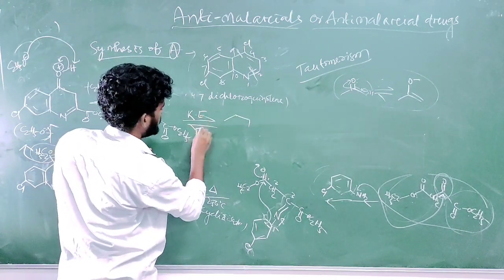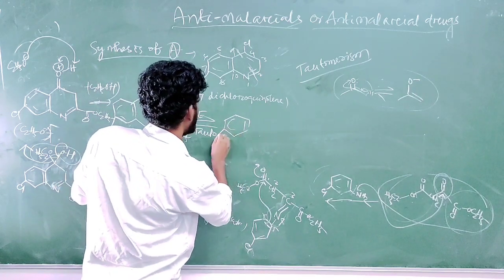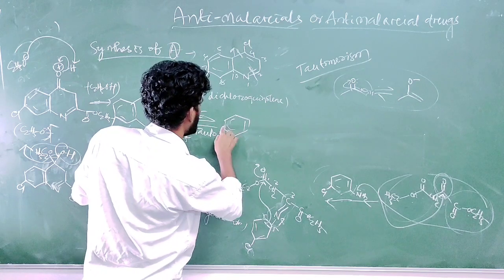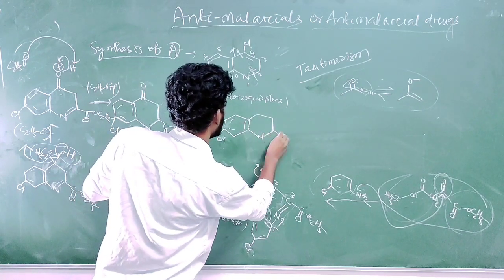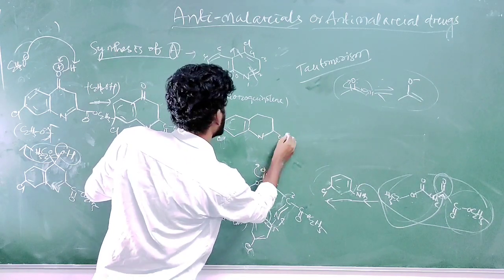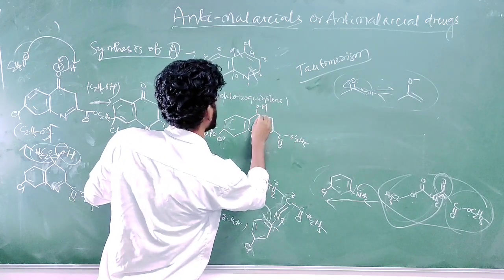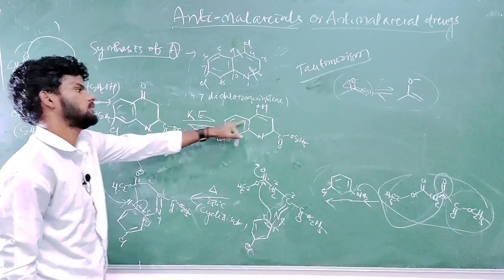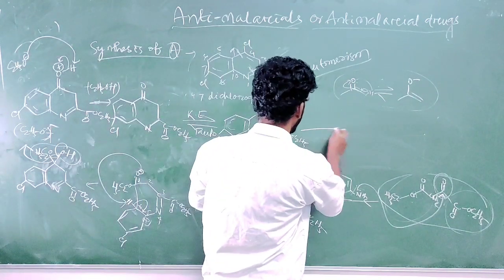Keto-enol tautomerization. Okay, this step is known as keto-enol tautomerization. So chlorine again attached to nitrogen, OC2H5, OH, there is one bond. This is enol, this is keto. Okay, keto-enol tautomerization. So at the next step,